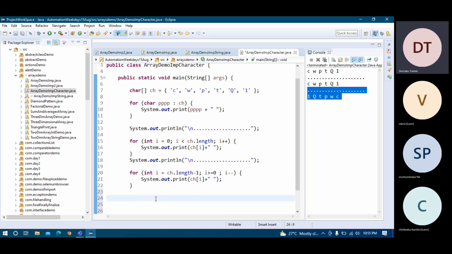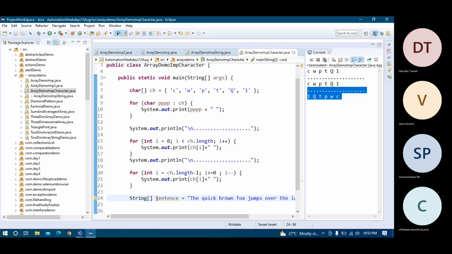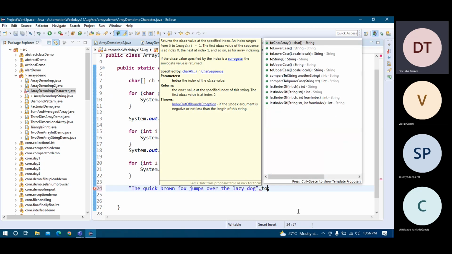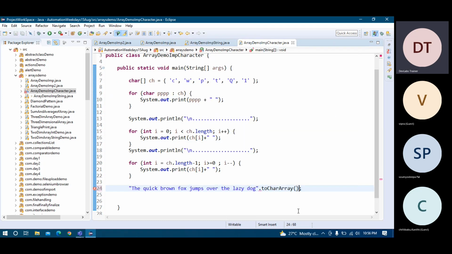No need of this as of now. There is a method called toCharArray. You just write like this, put a dot and then toCharArray. This will convert the string into a character array.